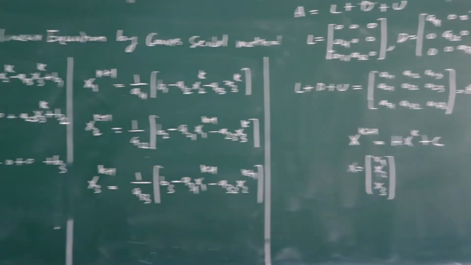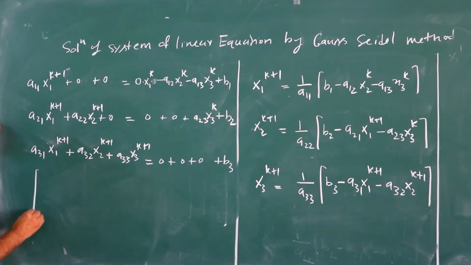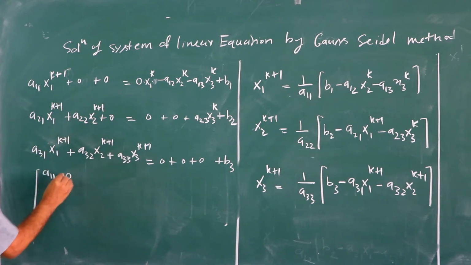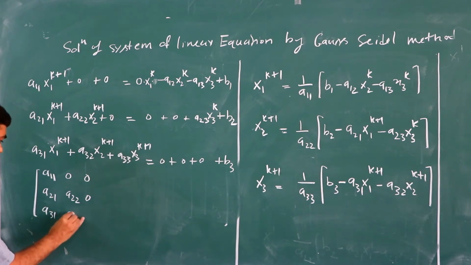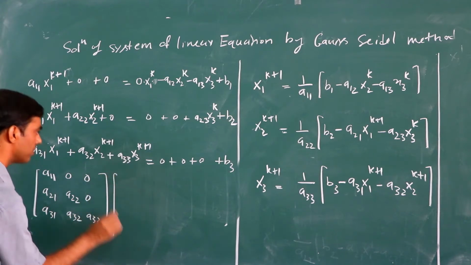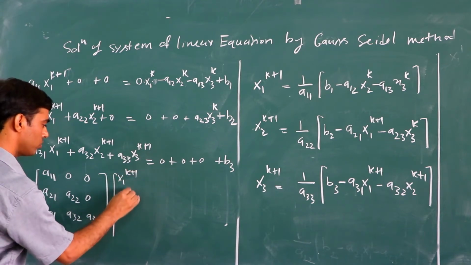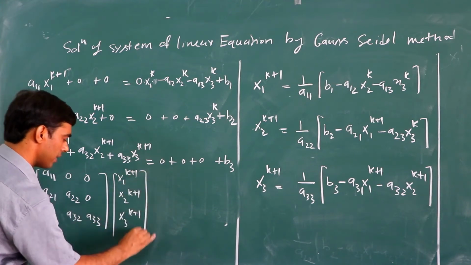If we write this in matrix form, the matrix is a11, 0, 0 in the first row; a21, a22, 0 in the second; a31, a32, a33 in the third, multiplied by x1 (k plus 1), x2 (k plus 1), x3 (k plus 1), equal to